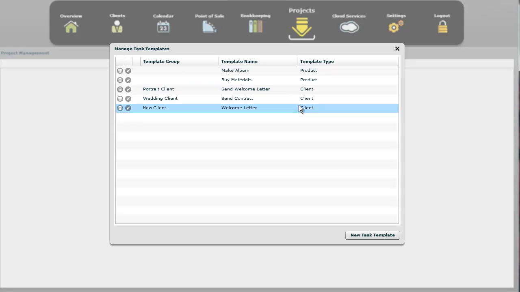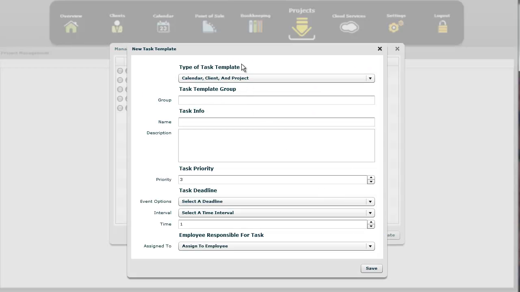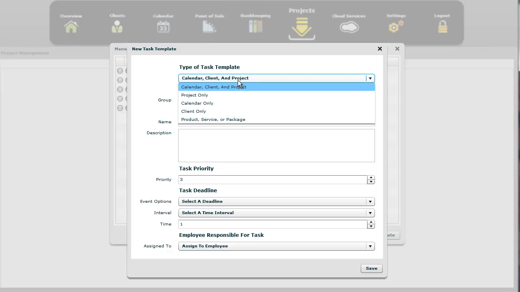Now there are a few different types of task templates. I already have some examples here, and we'll talk about those later, but there are project, which is the basic one I showed you, the clean office task list. That's what a basic project is. Calendar or event, a client project, or a product, service, or package, which is also an invoice. Now, what this does, it lets you set up